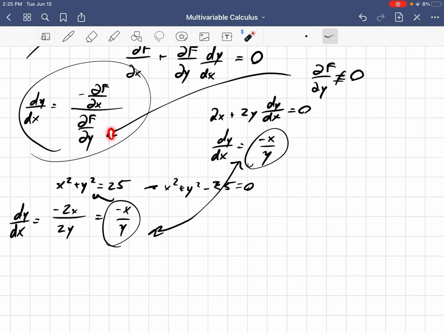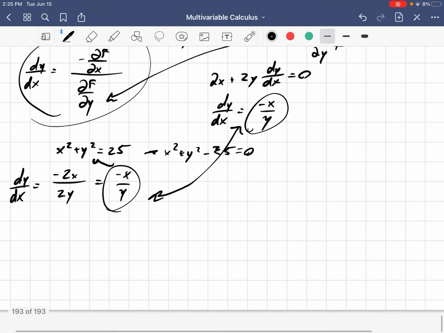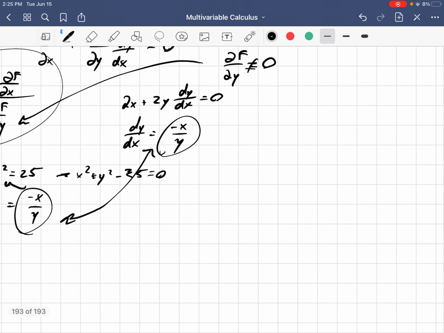And on the one hand, we can view this algebraically, right? We can't divide by 0. But on the other hand, there's something much more geometric about this condition right here, the partial of f with respect to y not being equal to 0. So if I draw this circle, it looks like that. Now, we're viewing this function here as a level set of a higher dimensional function,